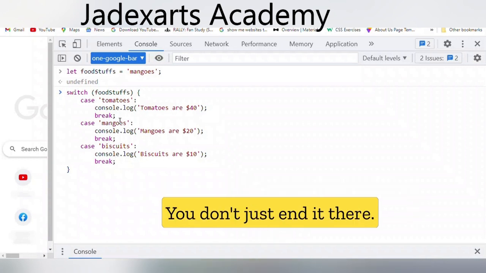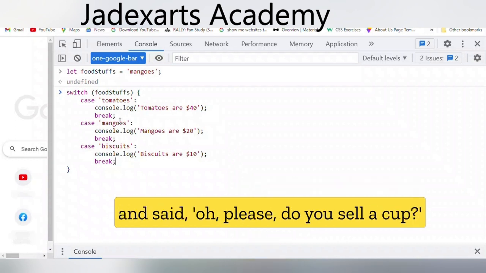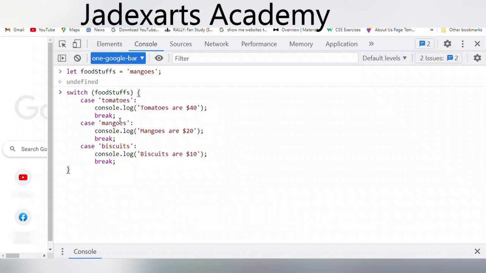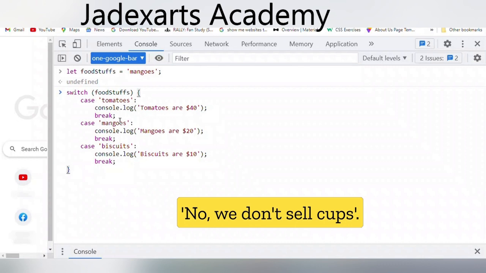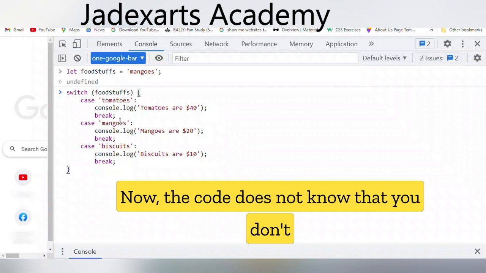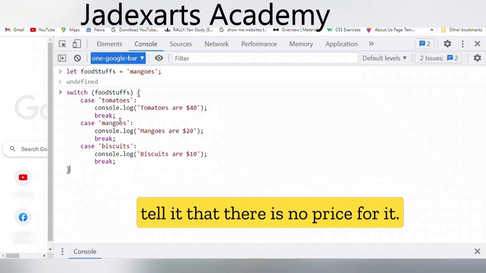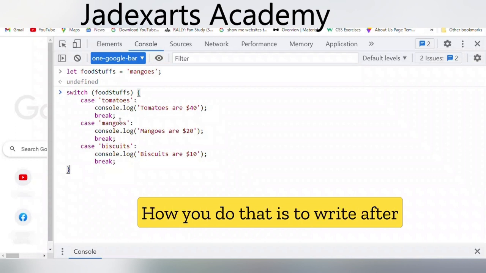You don't just end it there. Now let's say the person came all the way and said, oh, please, do you sell a cup? No, we don't sell cups. What we sell are foodstuffs. Now already you don't have any price for it. The code does not know that you don't have a price for it, but you have to tell it that there is no price for it. How you do that is to write,